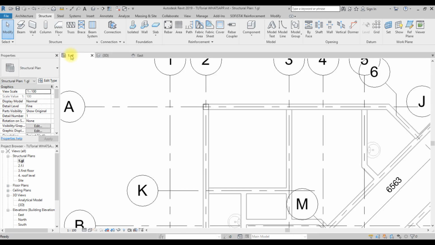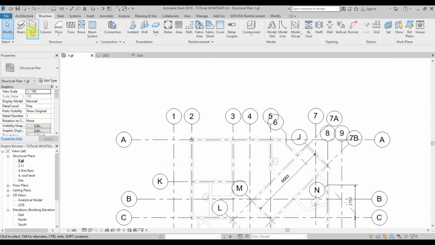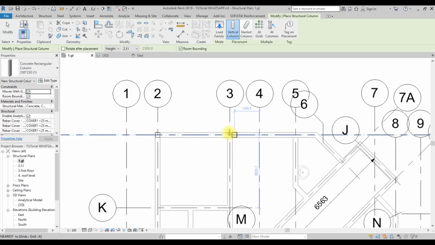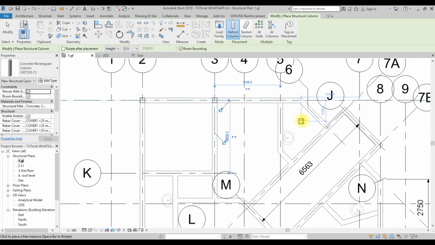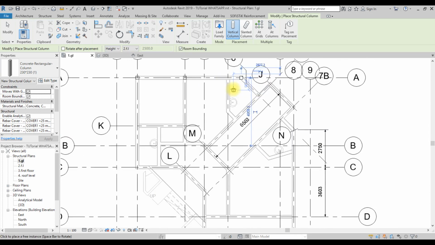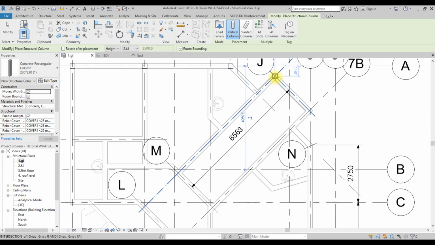So I'll continue placing the column. My next column is, you can actually change the position of your own column. I'm putting my next column on 3. I'm putting my next one on, let's say, let me leave 5 out of this now. Let me go and put it on 6. I want to put it on this part here, and I want to put a column here.